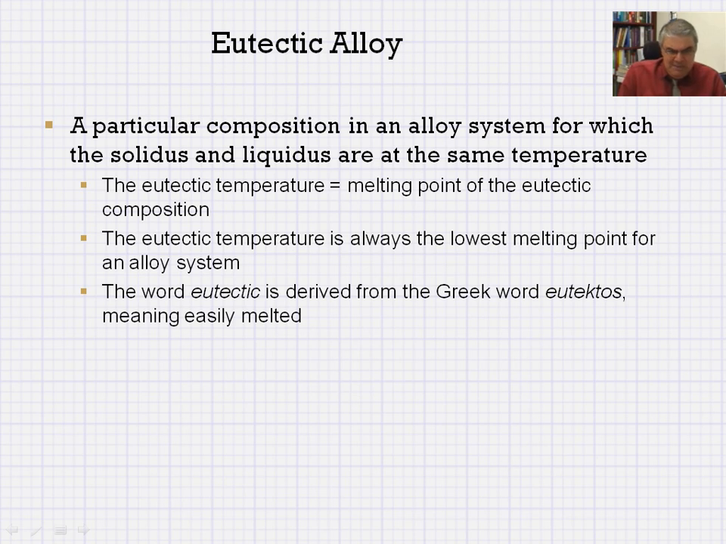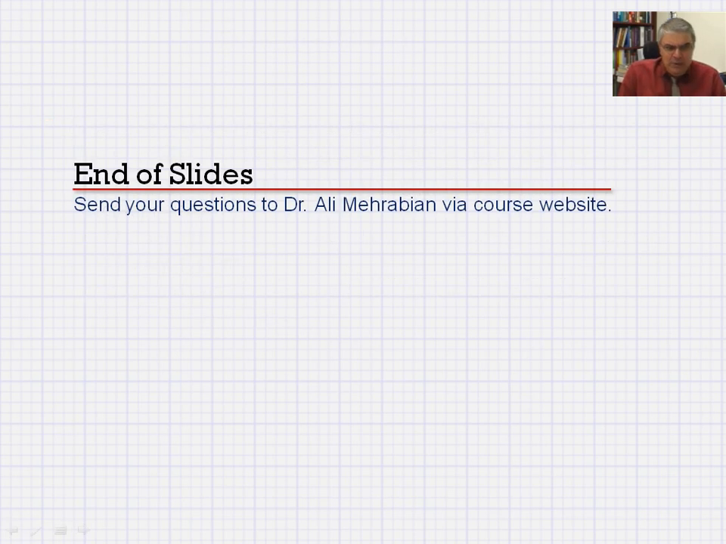The eutectic temperature is the melting point of the eutectic composition, and the eutectic temperature is always the lowest melting point for an alloy system. That brings me to the end of the slides that I just